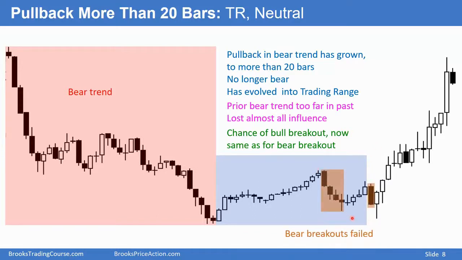Bear breakout, 4 consecutive bear bars, but look at the bodies. 1, 2, 3, 4. They're getting smaller, and here it became a doji. Bear breakout here, followed by a strong bull reversal. The bears are losing control, and it's clearly neutral, not yet bullish until you see these 2 or 3 bull bars.